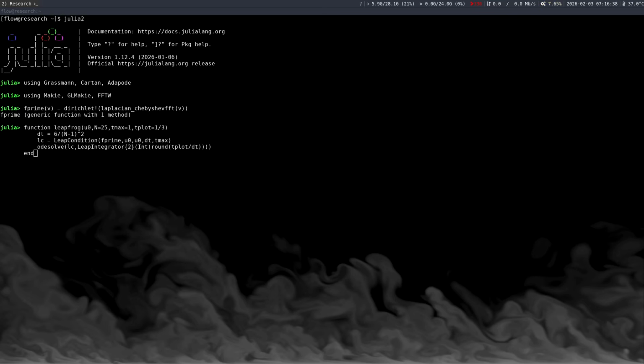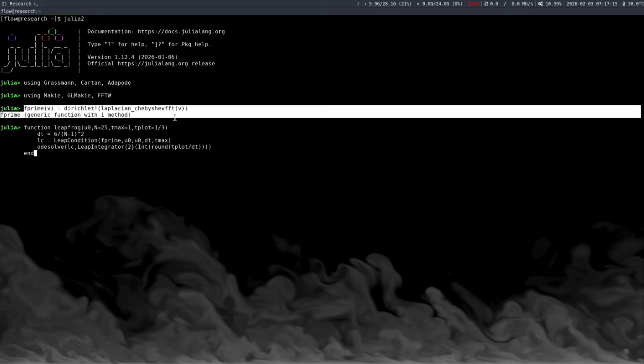Here's an example of a Laplacian operator which is using the Chebyshev Fourier method to differentiate, to calculate the Laplacian of a tensor field, a Cartan.jl tensor field, and then apply the Dirichlet boundary conditions on it. So this is going to be our f prime,